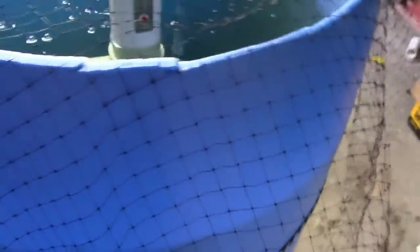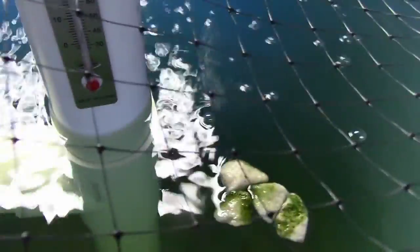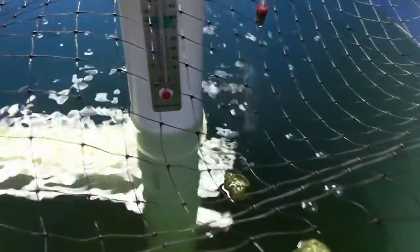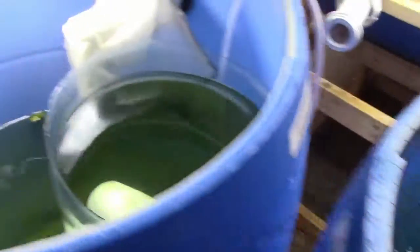That will unfortunately drain this entire fish tank down to the bottom of that 2-inch pipe that goes out, which is a flaw with this design, because typically with a sump you want this as high as possible. If you can, have it above your water level. That way if something goes wrong, your system doesn't drop by a couple inches. However, in order to accommodate my swirl filter design that I wanted to use, this has to be down about a third of the way down the barrel, which means I'm going to lose my top third of water out of here. So this is going to drain most of the water out of the system and into this barrel,